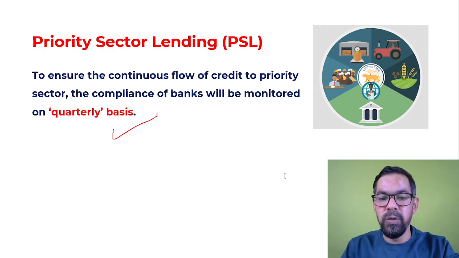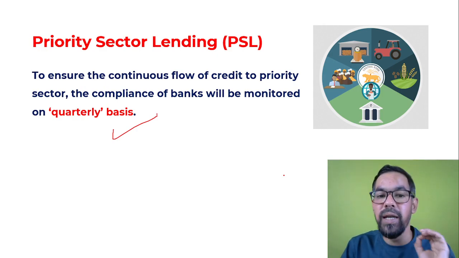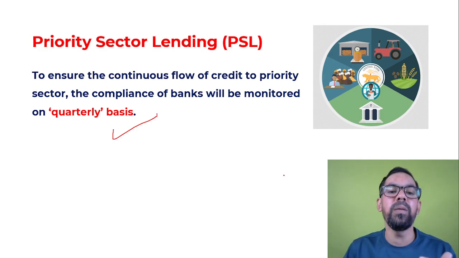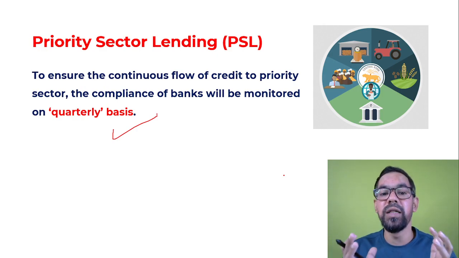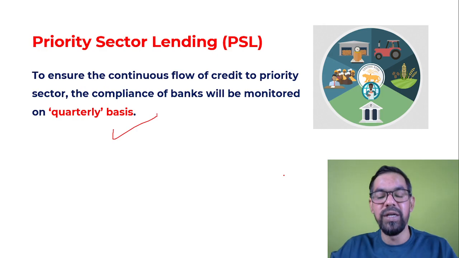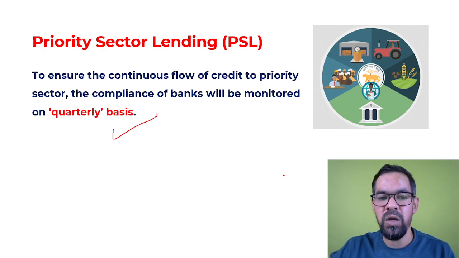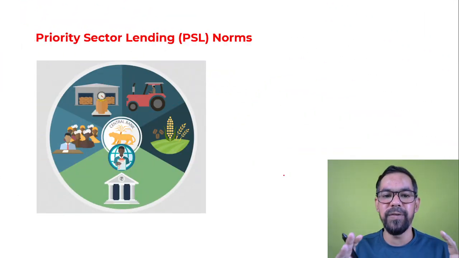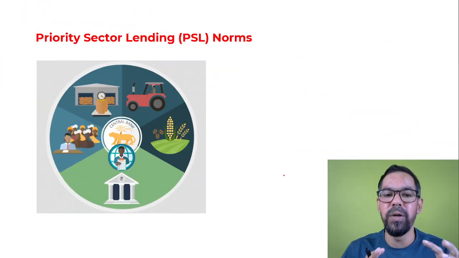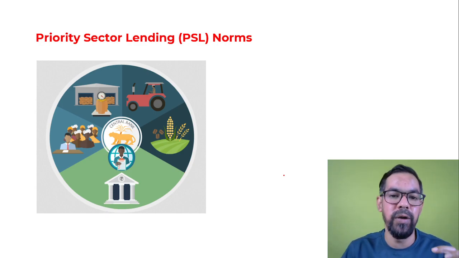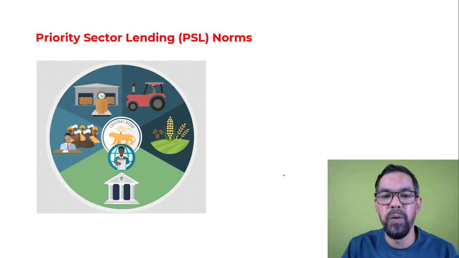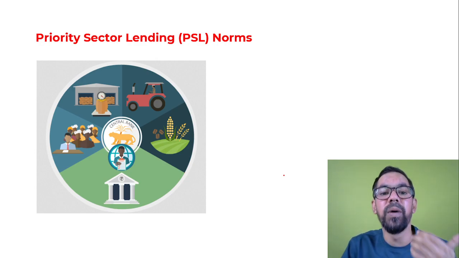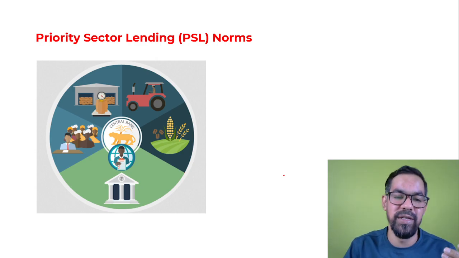So banks have to report themselves to RBI on a quarterly basis, and if any bank misses its target, we also have some provisions for that. These are again given by RBI, so we will discuss those provisions as well, for the shortfall management of PSL targets. As of now, I hope you get an idea about what a priority sector is. Still, if you have any query related to any point or any terms which I used, or which you heard about PSL, do mention it in the comment section.